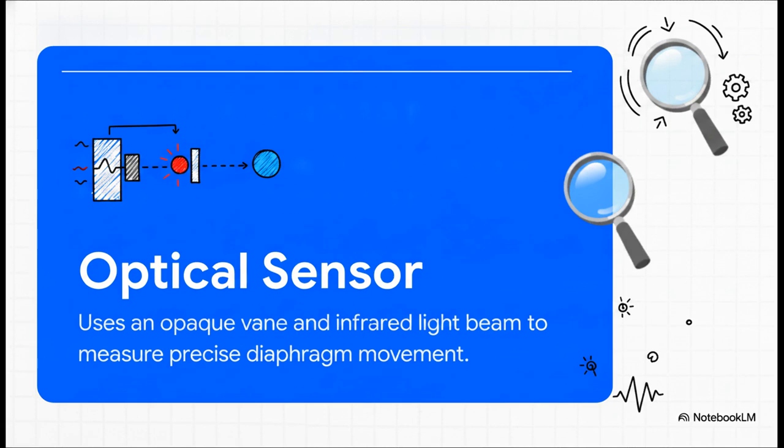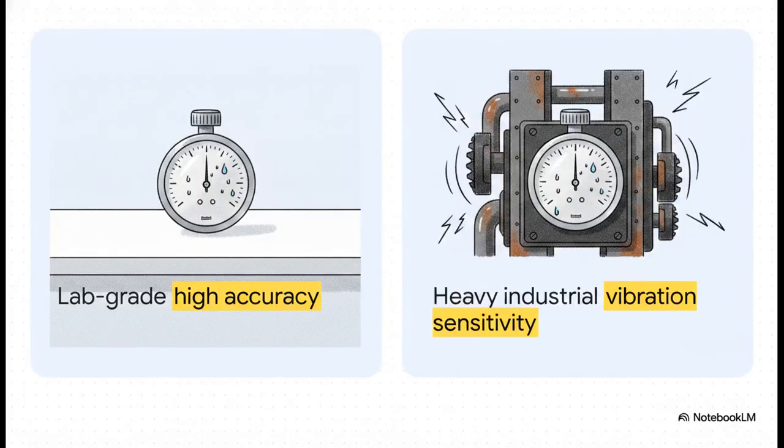The catch? The complexity of those optical components makes them a pretty expensive option. So here's the crucial point. We have some incredibly precise instruments at our disposal, but here is the hidden trap. That lab-grade, high-accuracy you're buying with a capacitive or resonant wire sensor often comes at a massive cost, and that is a severe sensitivity to environmental vibration. What works flawlessly on a pristine, quiet test bench can instantly become a liability when you bolt it to vibrating